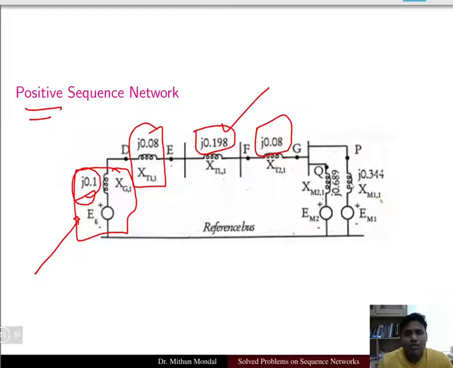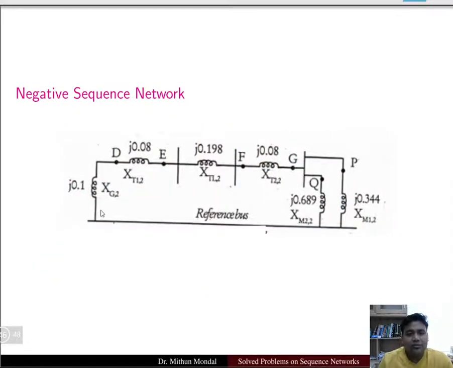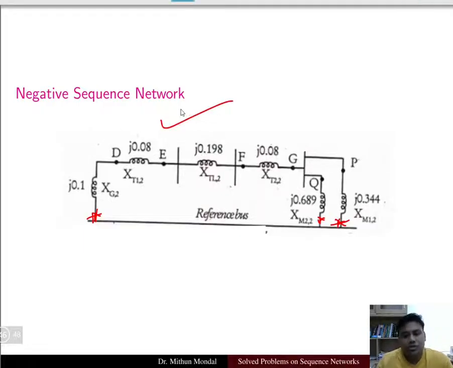And then we have two motors, motor M2 and motor M1. So we have calculated for motor M2 and M1 the per unit reactance of the reactance that is connected with the ground. So substituting those values, we can easily obtain the positive sequence network. Similarly, in the negative sequence network, we will not have the source of EMF that is there on the generator side, and we will not have the source of EMF on the motor side. Otherwise, the values that we have obtained for the generator, transformer and transmission lines, we will substitute to obtain